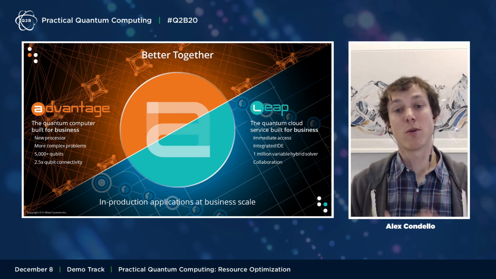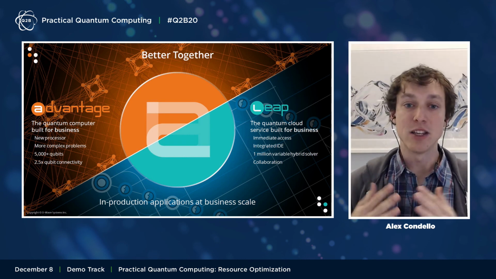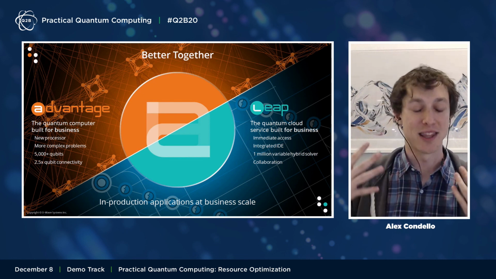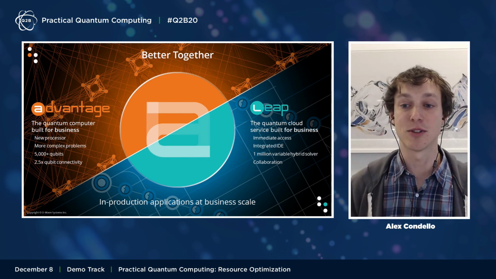I just want to finish by saying, to summarize, that by using both our hybrid systems and our classical systems, we are able to get the best of both worlds to solve customer scale problems up to millions of variables, to solve